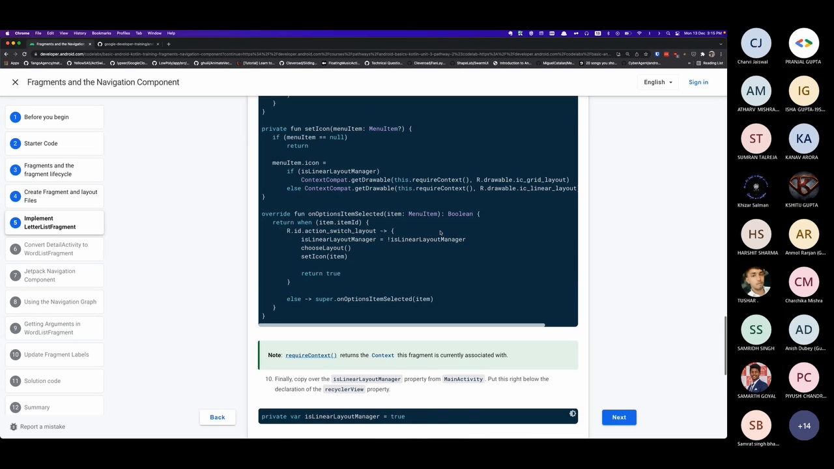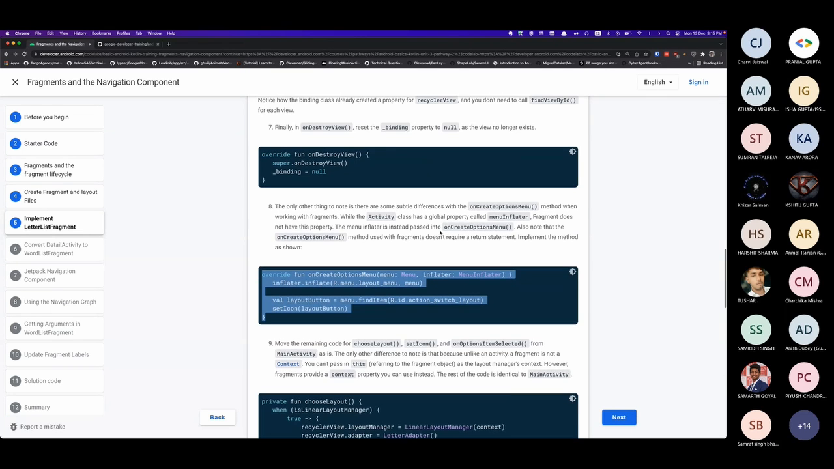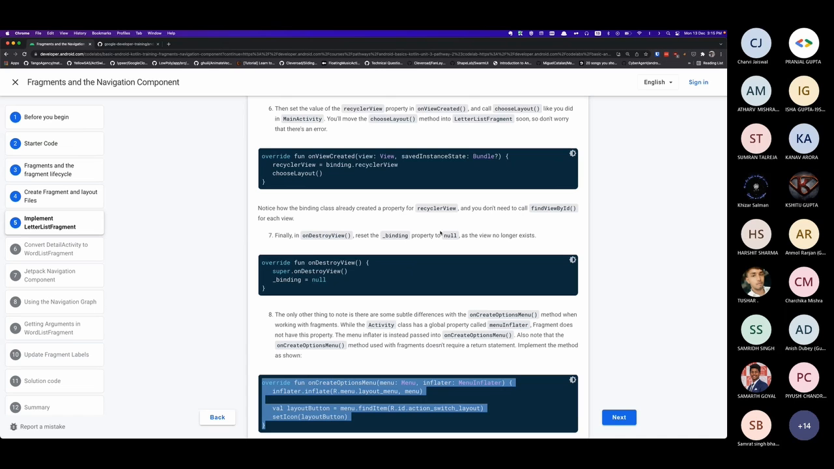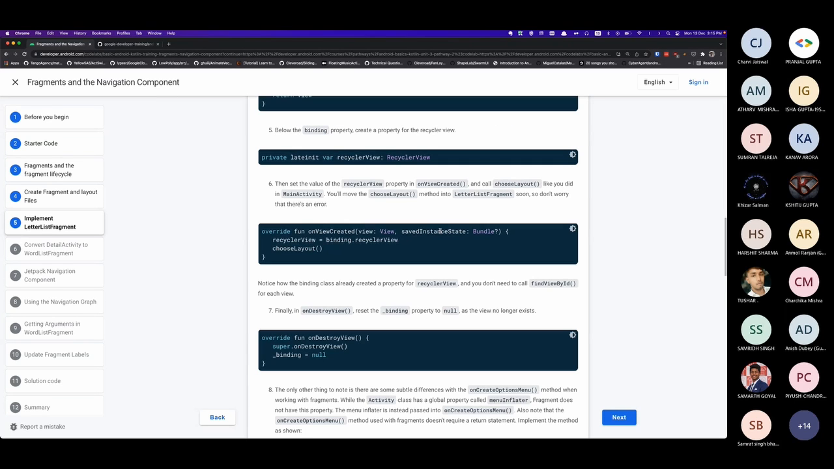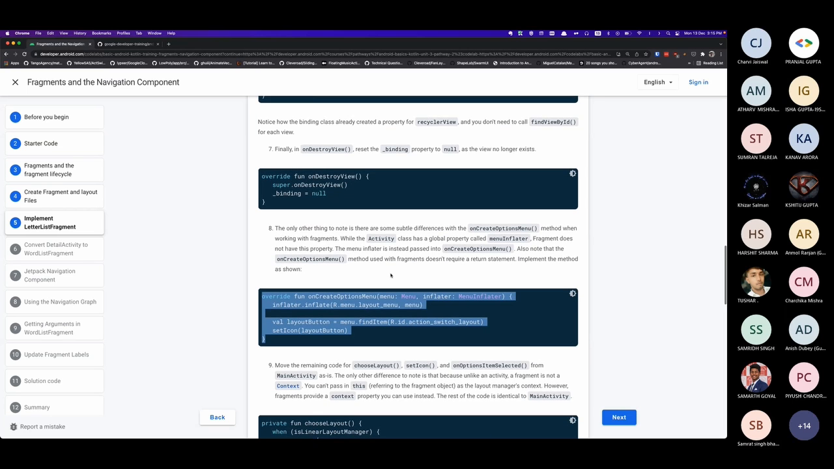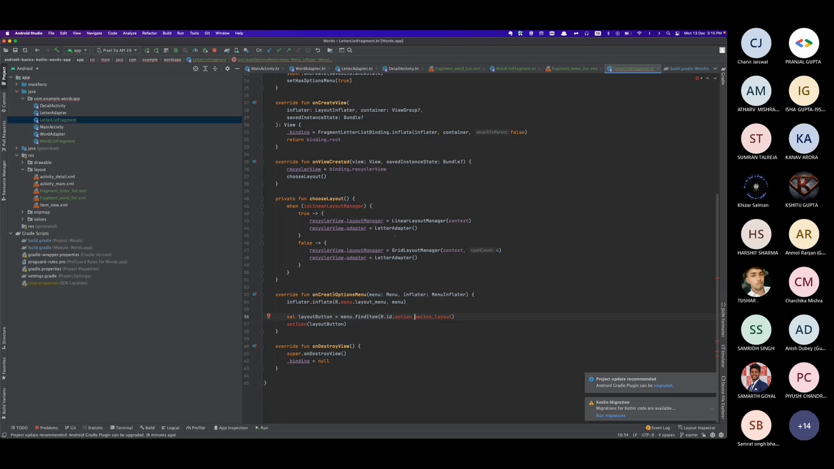They seem to be missing some files here which they haven't specified. Okay, we'll take a look at them soon. So what onCreateOptionsMenu does is